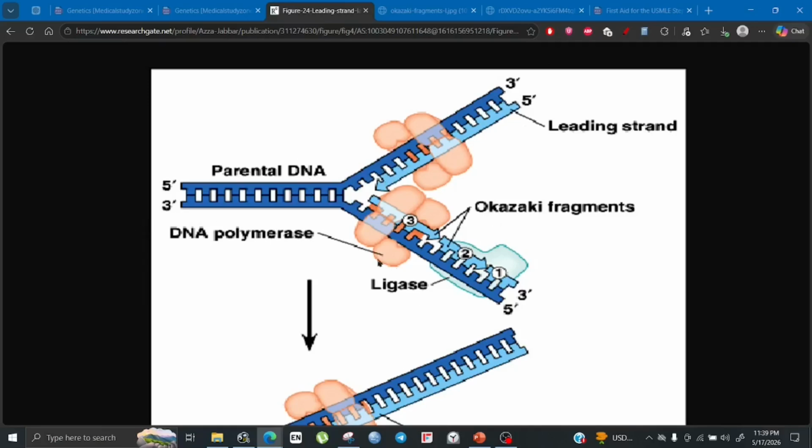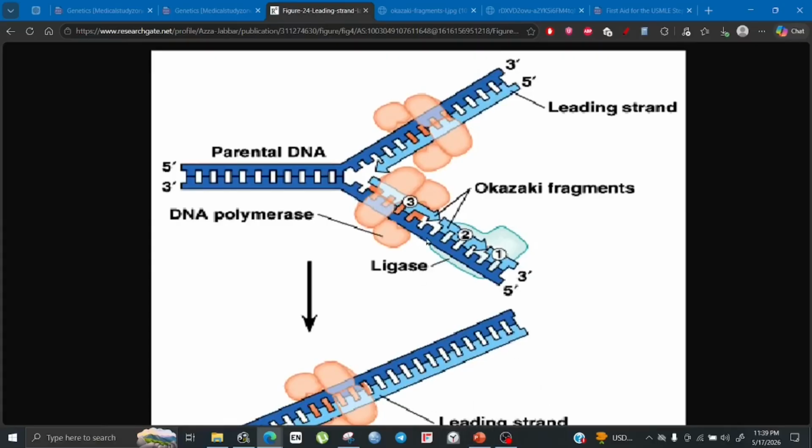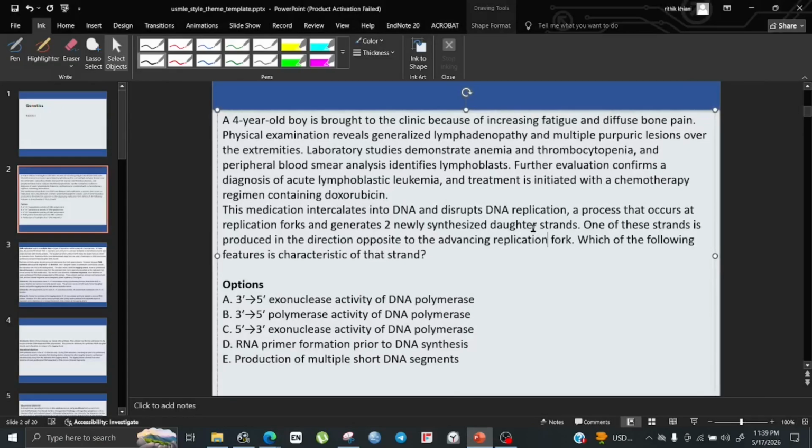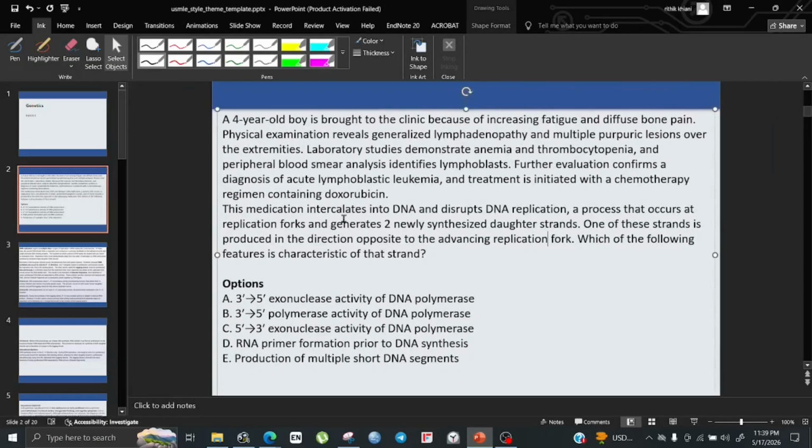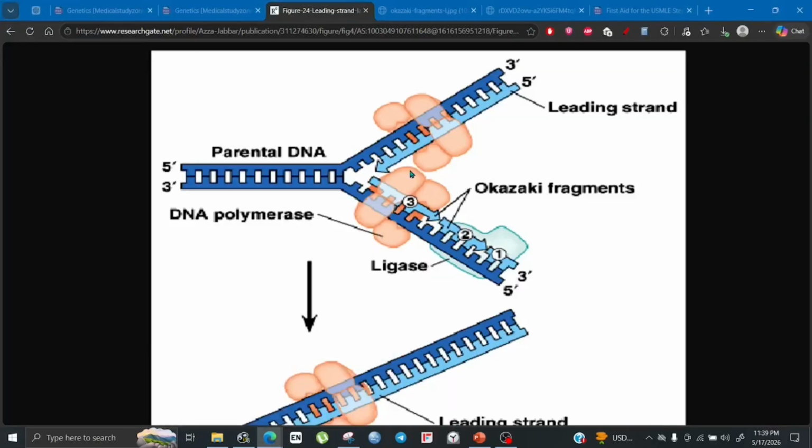If they were going in the same direction, that is, if this was going from 5 prime to 3 prime and this was also going from 5 prime to 3 prime, then we would call these strands parallel. But they're going in different directions, so we call them anti-parallel. Now, this much they have told you in the question: DNA replication occurs at the replication fork and generates two newly synthesized daughter strands. This much they have already told you in the question. Right now they're asking